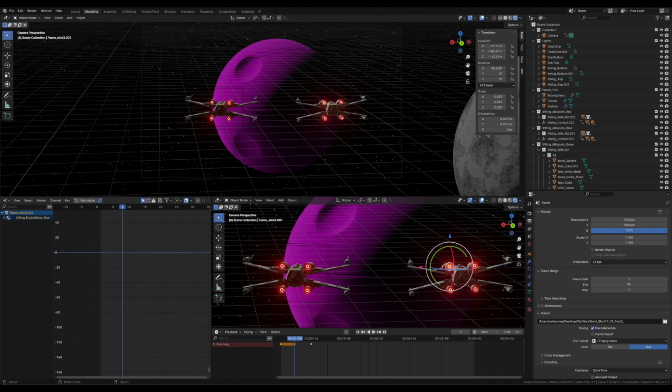This week, the red and blue pilots head off to the Death Star. All right, on this next shot, the red leader and blue leader fly off and go into their respective trench